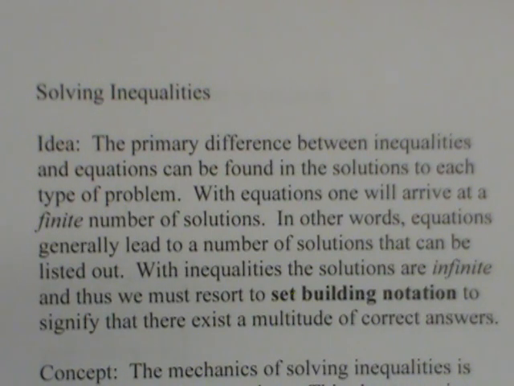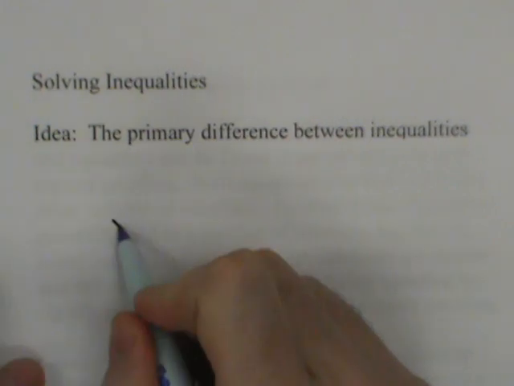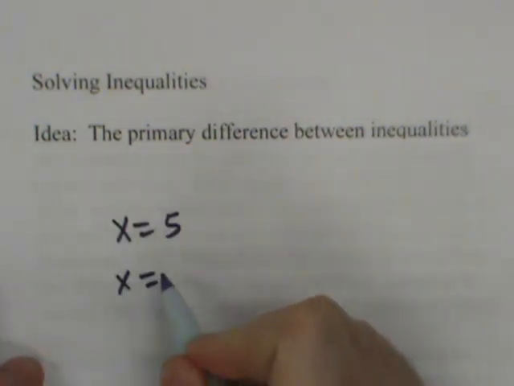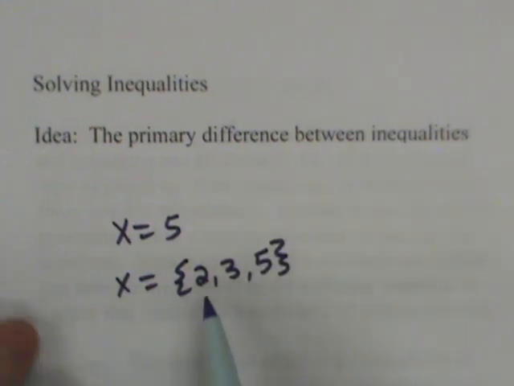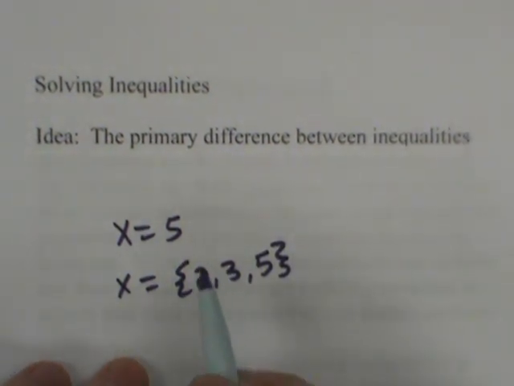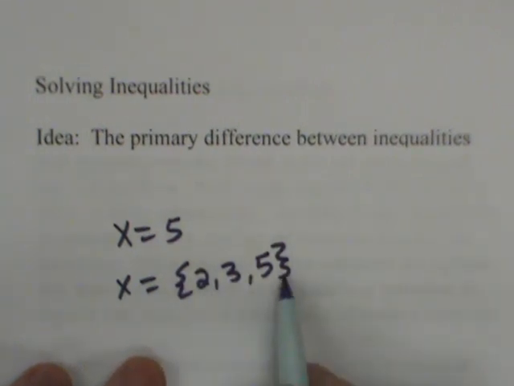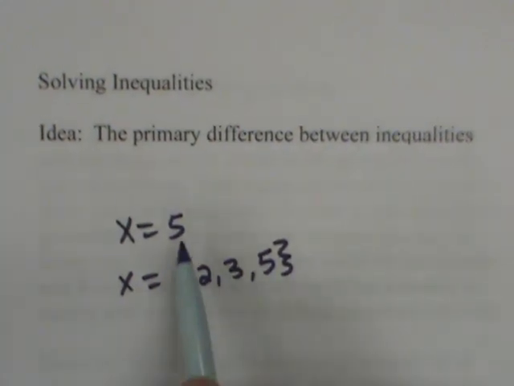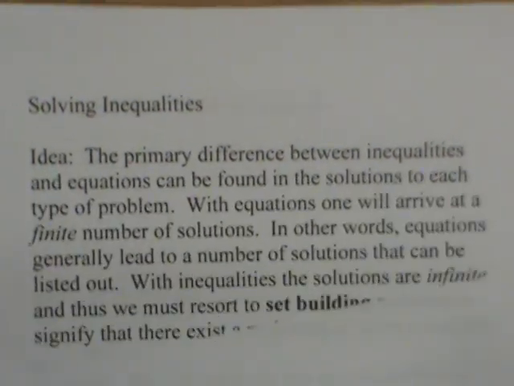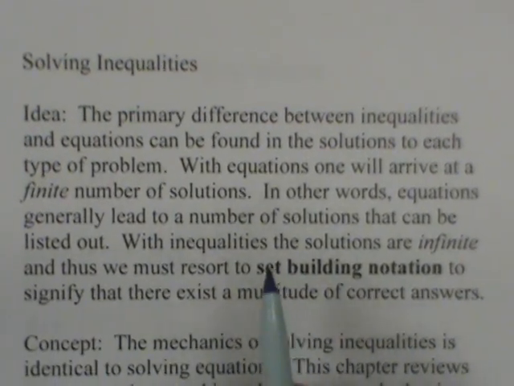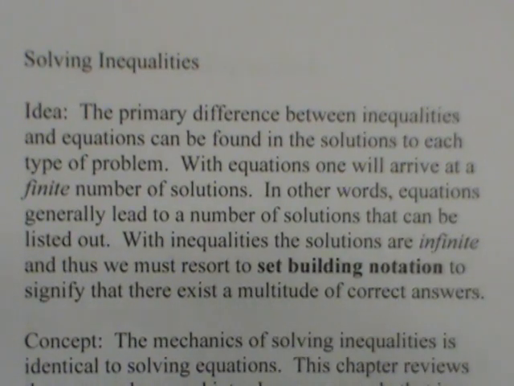If you recall from our previous problems, our previous homeworks, when you solve an equation, we always get something like x equals 5, x equals 2, 3, or 5. Remember from the exam review where we were solving some of those problems that had the replacement set, we've seen which numbers worked. So what we're saying here is when you solve an equation, you get a countable number of solutions. That's considered finite. With an inequality, the difference is the solutions are infinite, and thus we must report using